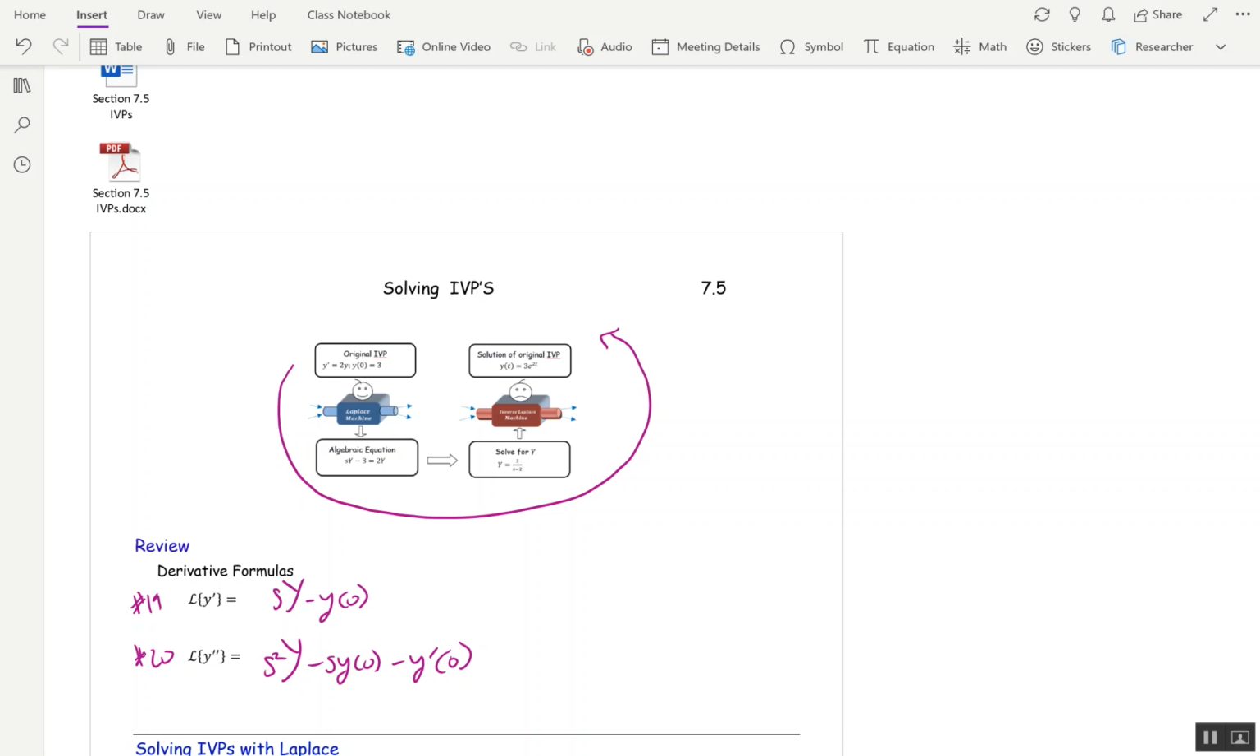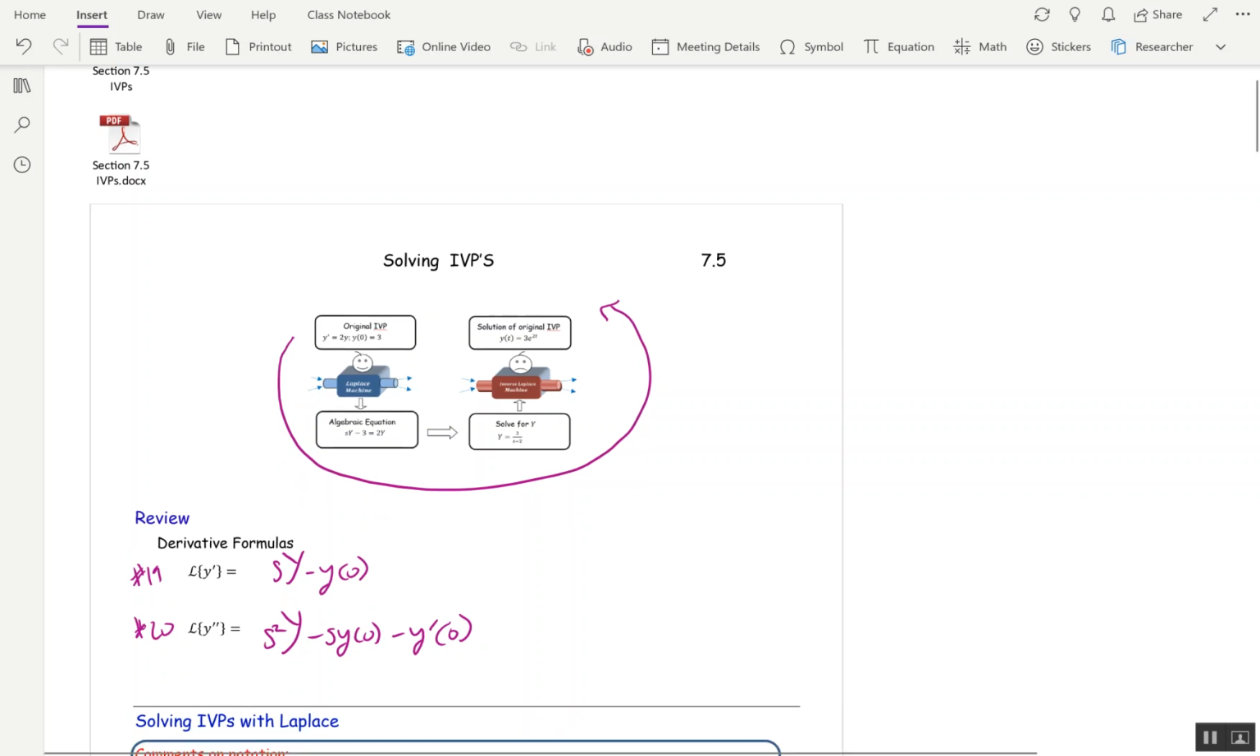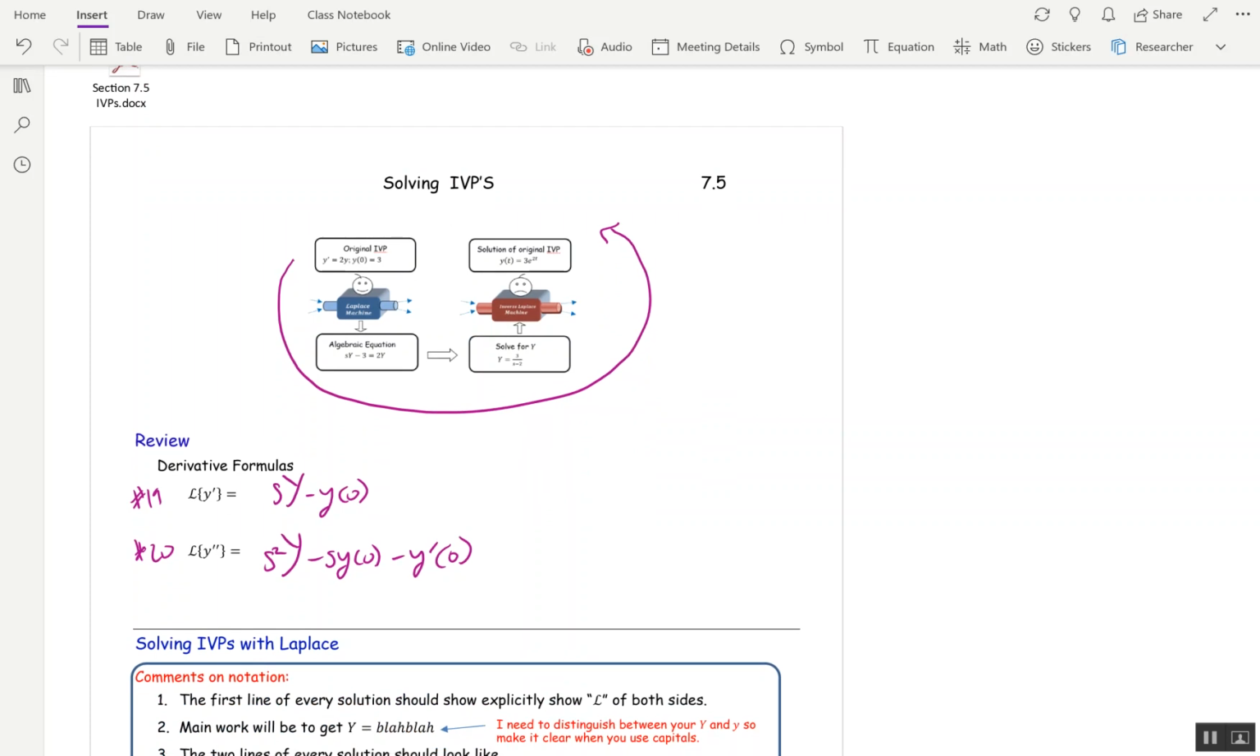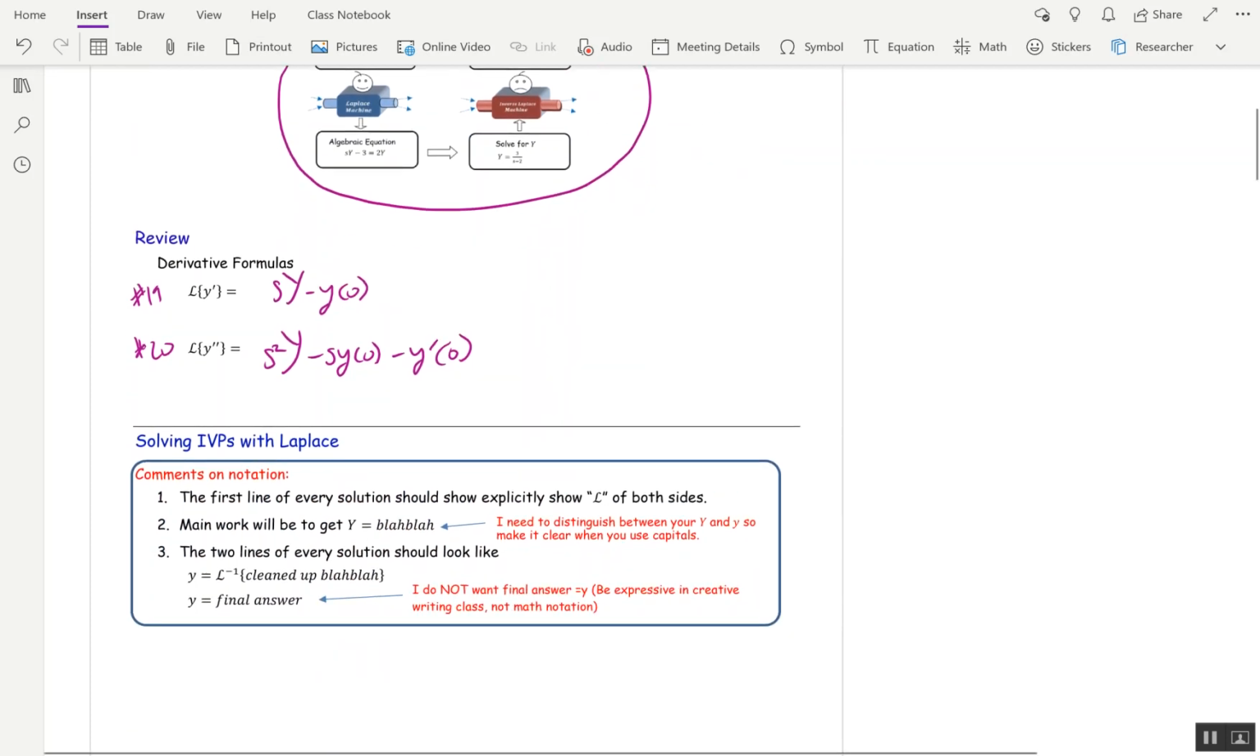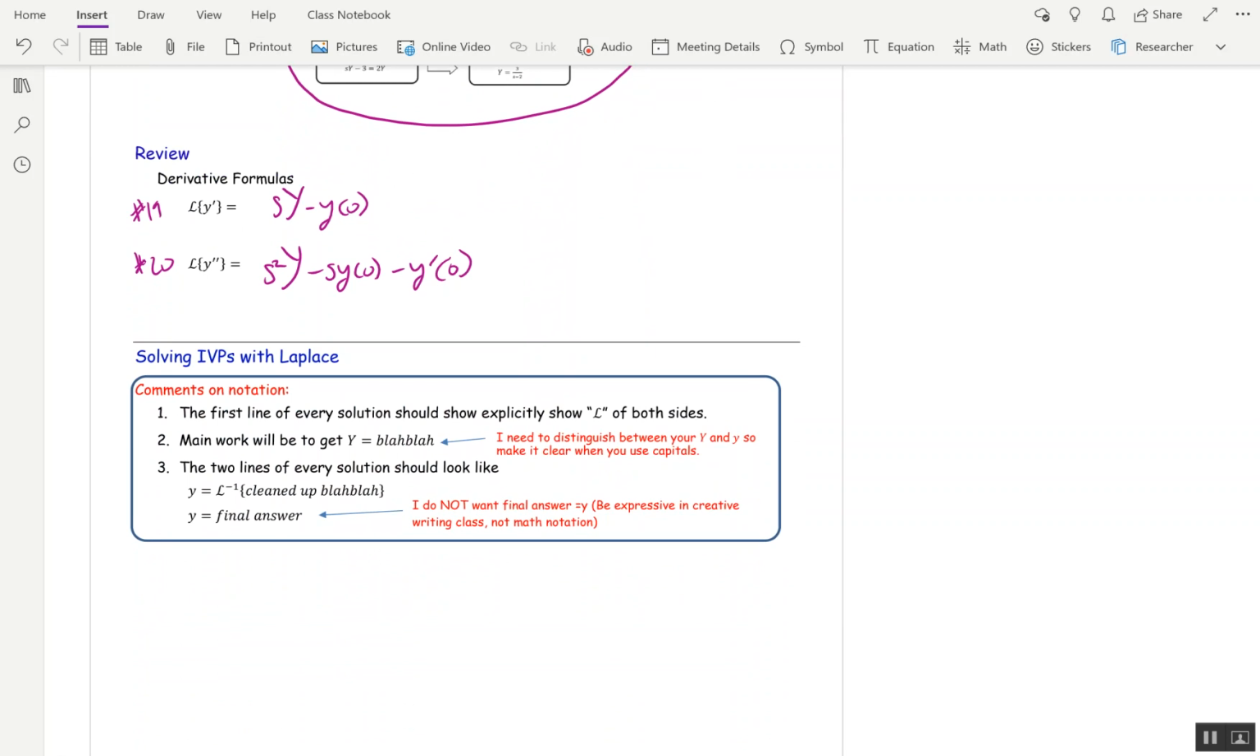Okay, I'm doing this video in two parts because the problems are really long. Today we're going to do 3 problems and then I'll end the video and we'll pick up and finish it off. Comments on notation. And I'll demonstrate this as I go through the 3 problems that I'm going to do